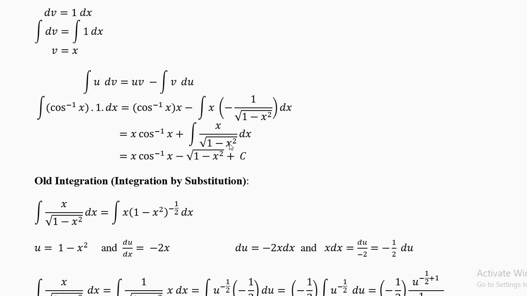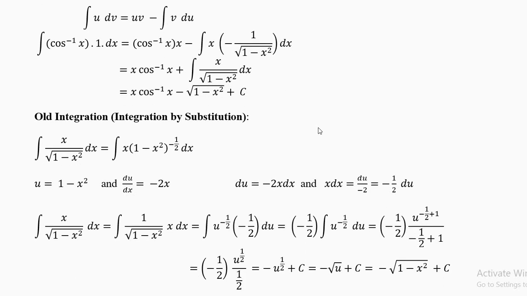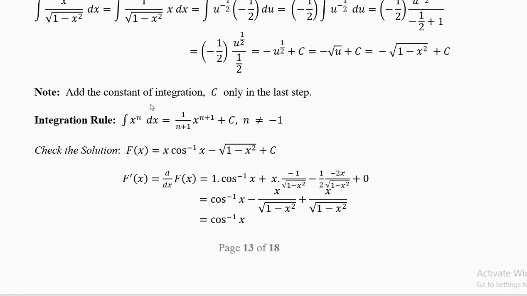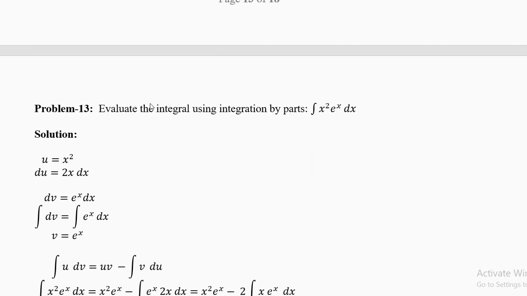Again you'll do integration by substitution. It is just similar to the last time, except that the sign outside is plus. Last time it was minus. Plus into minus is minus. So your answer is x cos inverse x minus square root of 1 minus x square plus c. This is it. And this substitution is being repeated here. Actually there is no need to repeat it. You can copy it from the previous question.